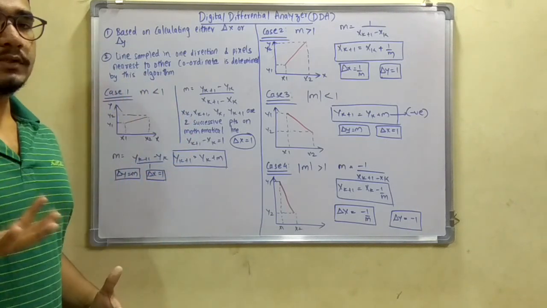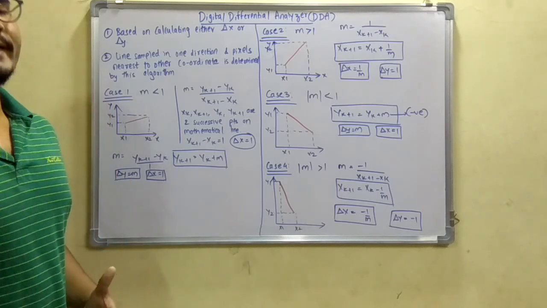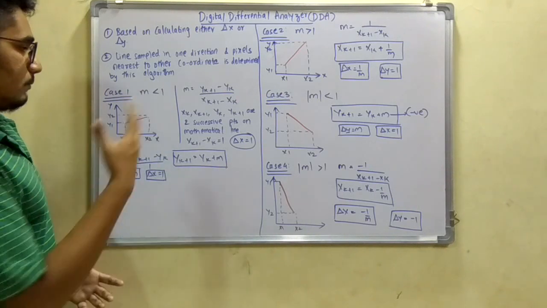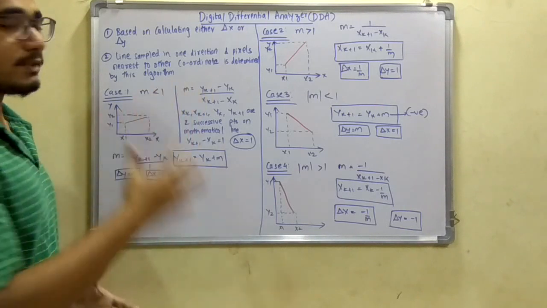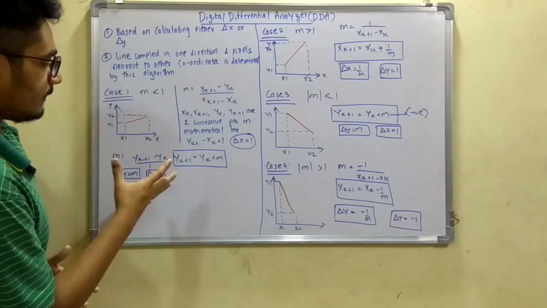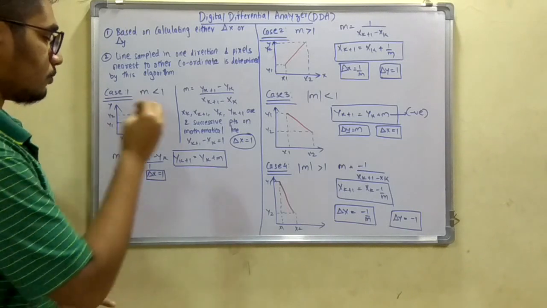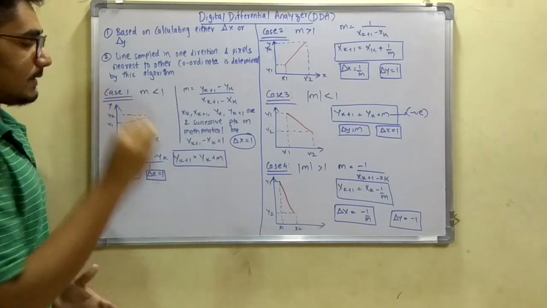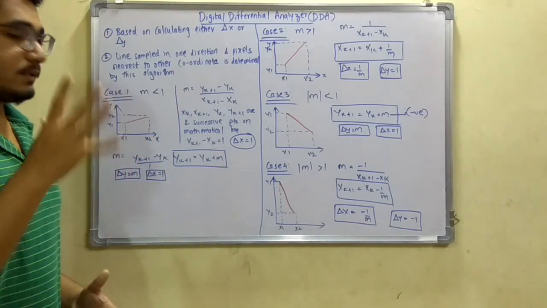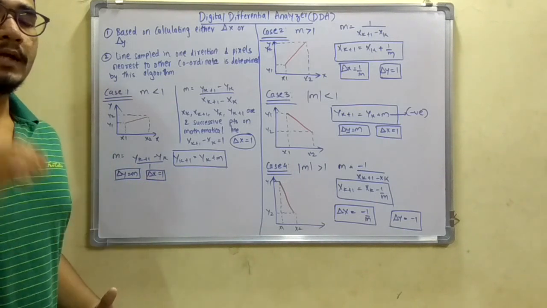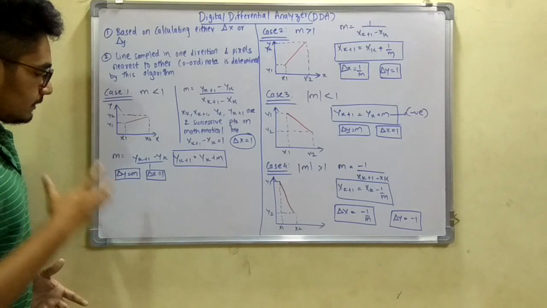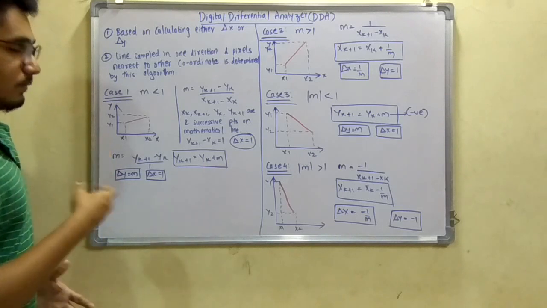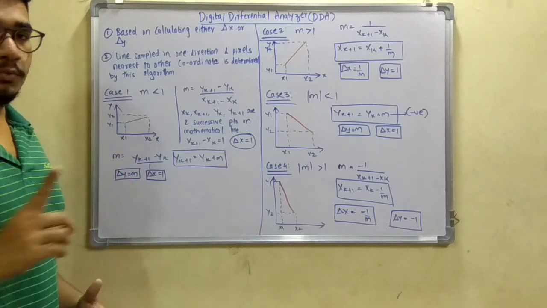This algorithm basically works on delta x and delta y, so we only need to interchange the values of delta x and delta y. Then we get the different test cases. Moving further, we simplify this equation by putting xk plus 1 minus xk equal to 1. So we get yk plus 1, the next point to be plotted onto the screen, as yk plus m. That is, yk plus 1 is given as yk, that particular point, plus the intercept. In this we determine delta x and delta y: delta y is the slope m and delta x is the unit interval.